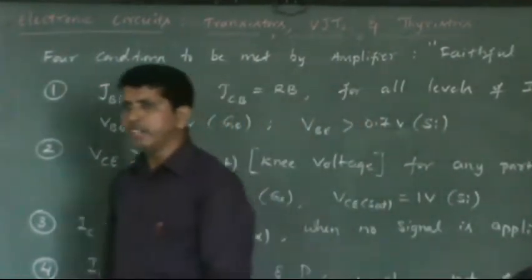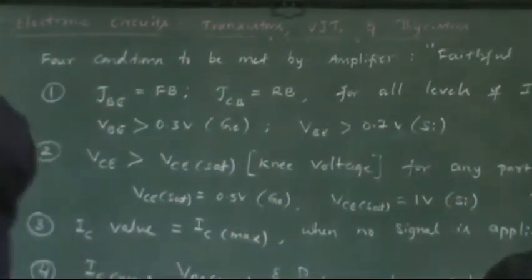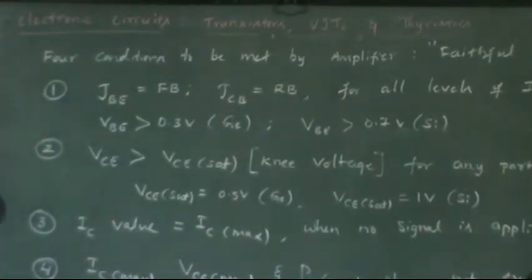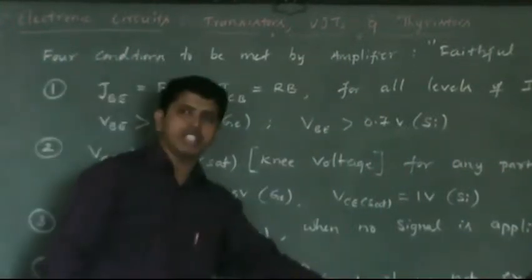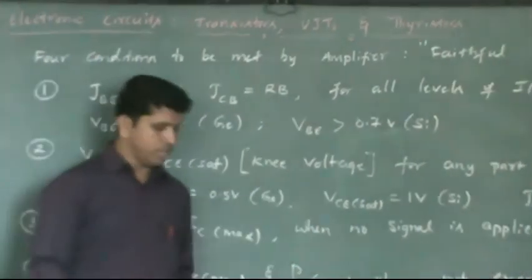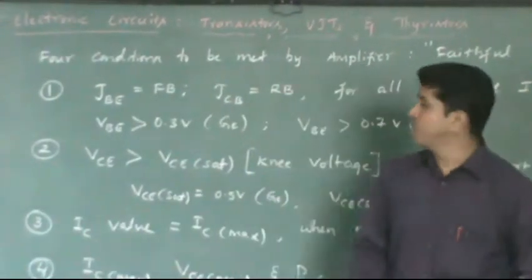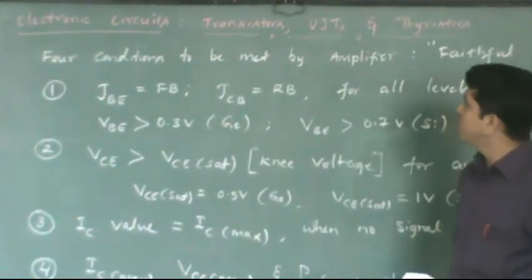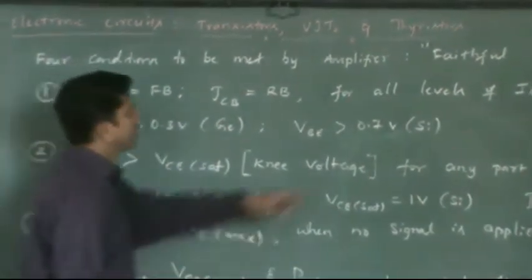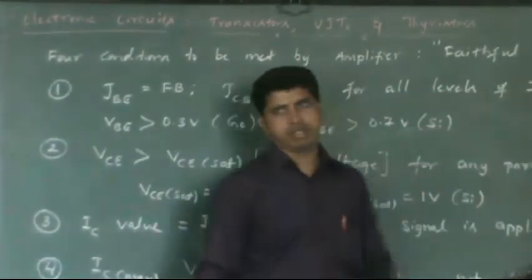You understand what is rating? Suppose for this tube light, the rating may be, say for example, 100 watts, power dissipated across this. If you supply more energy, what is going to happen? 440 volts, you get burnout. Same situation is going to happen in a transistor also. You must maintain all these 3 things within their limit. Rating means limit, that's all. So these are the 4 conditions which need to be satisfied. If you have any questions with respect to this, you can ask. If you meet these conditions, definitely you are going to achieve faithful amplification.